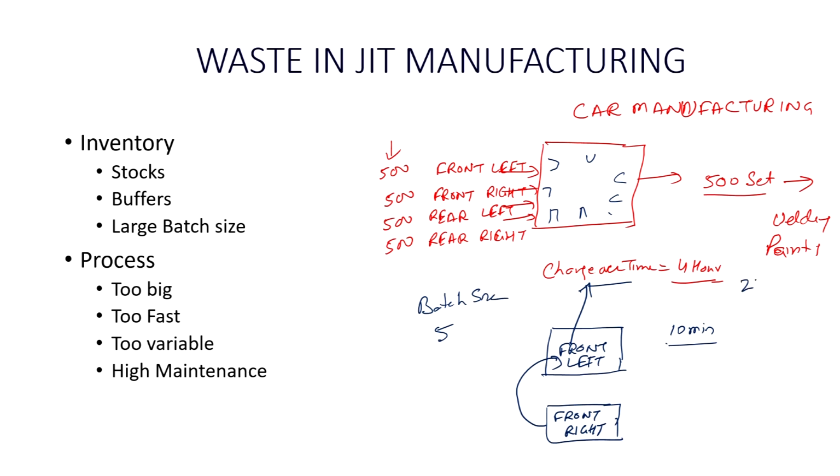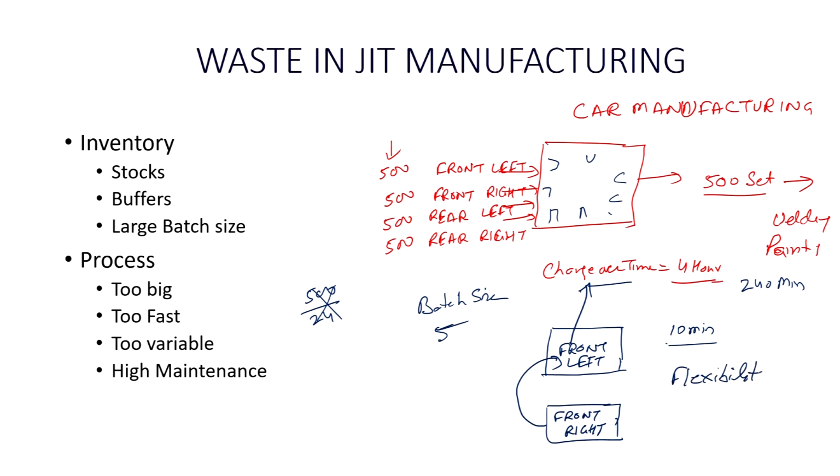4 hours means 240 minutes. So, now you can divide this 500 by 24. That is the kind of change you can bring in your batch size. You can drastically reduce the changeover time, though it will come with the formula. It may not be as simple here, but definitely by reducing the changeover time, you can reduce the batch size also, and by reducing the batch size, you are bringing flexibility in the scheduling.